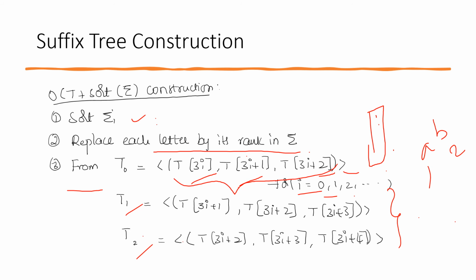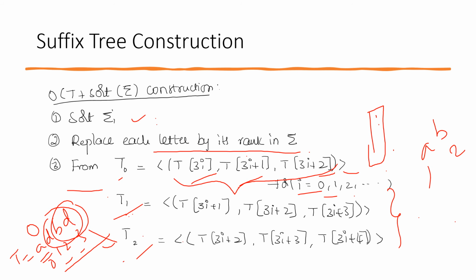The point is, I want to represent all the suffixes of t. All the suffixes of t have to be represented. A suffix could start from position 0. For t equal to a, d, b, e, the suffix can start from 0, 1, 2, 3. So it can start from here, from here, from here. It can start from anywhere. But if I'm able to sort all the suffixes,